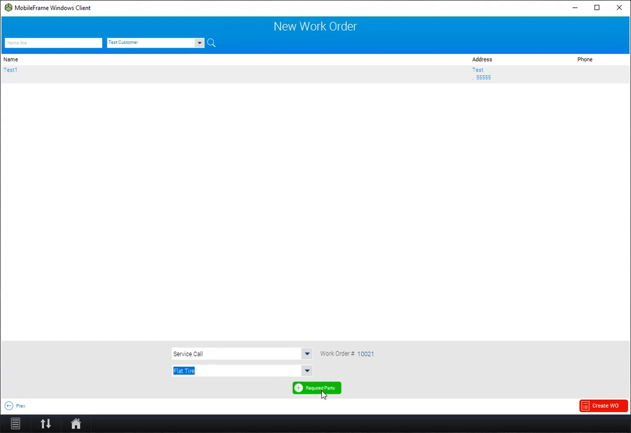You can also flag required parts. So required parts would be anything that you want to ensure that the field technician has with an inventory on their vehicle before they were to head out to this particular call. If I click on Create Work Order,